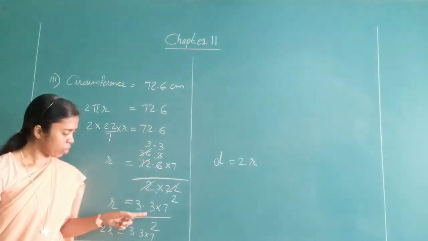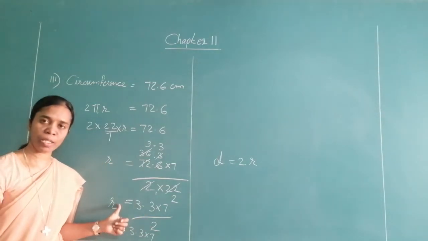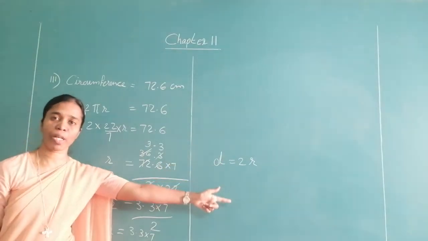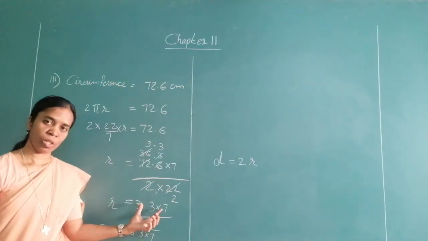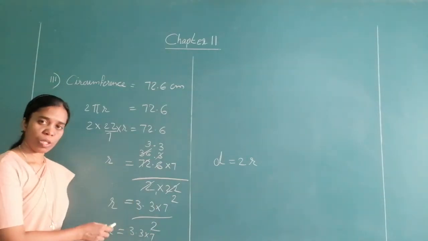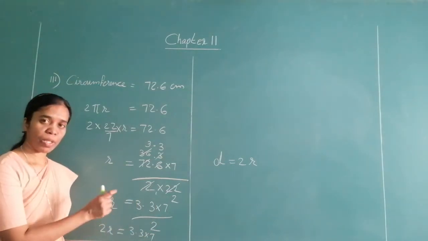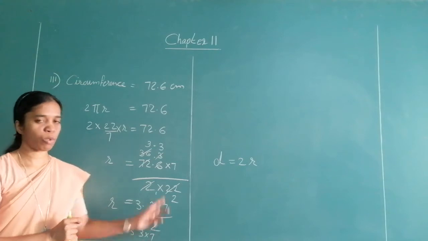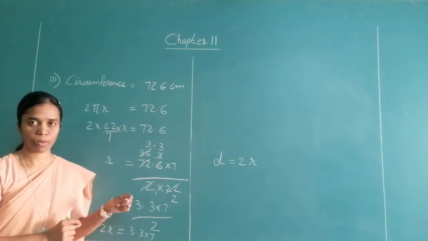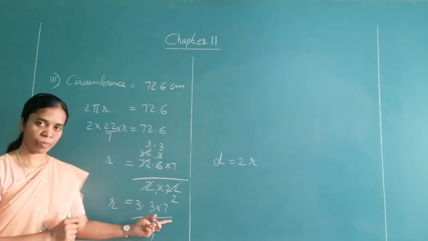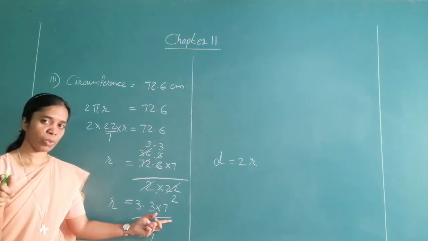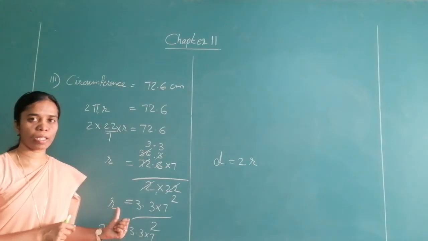Because some of you first find out this, you get radius, and then again go and divide by 2. Actually you have already divided by 2 and you are getting the value. Okay. So if you look at it and you get the value of it, you don't have to do the working twice. Solve it and get the value. Multiply 3.3 into 7. That will be a diameter also. Then divide by 2 to get the radius.